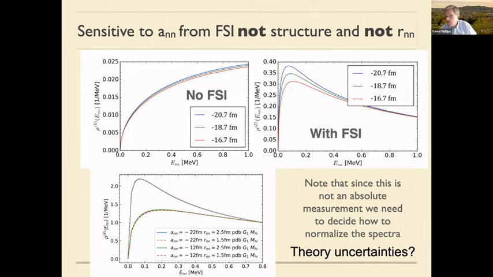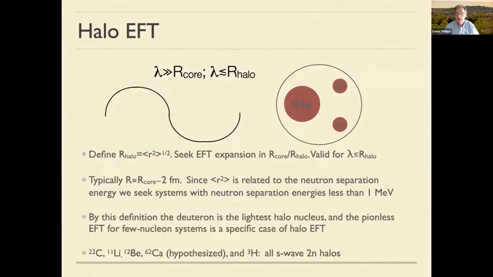But of course, the question is, this was all calculated in a specific theory with certain other settings, choices for helium-6 structure. So we need to answer what those choices do in terms of the theory uncertainty of this calculation. So as I'll indicate, we actually used a variety of theory tools to do this, but the one I'm going to focus on for the next 5 minutes is Halo EFT.